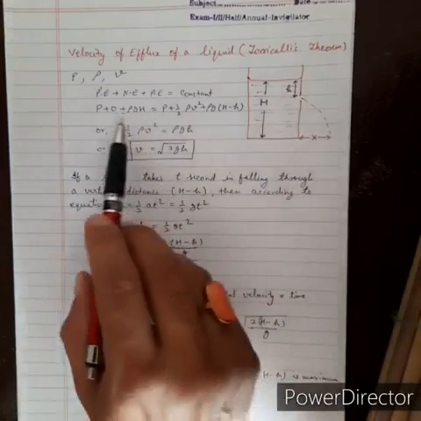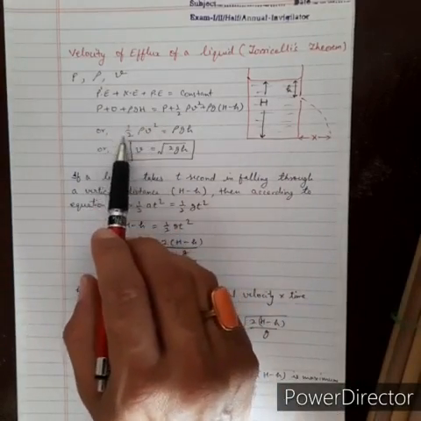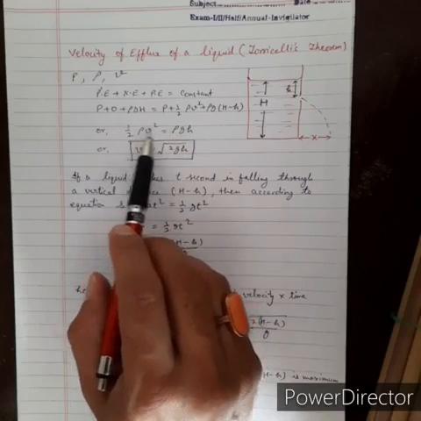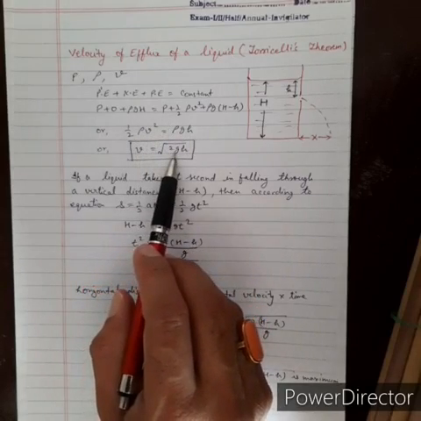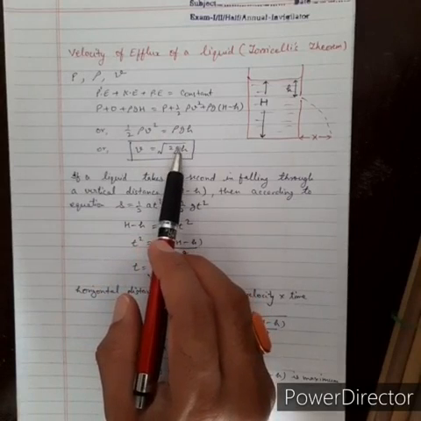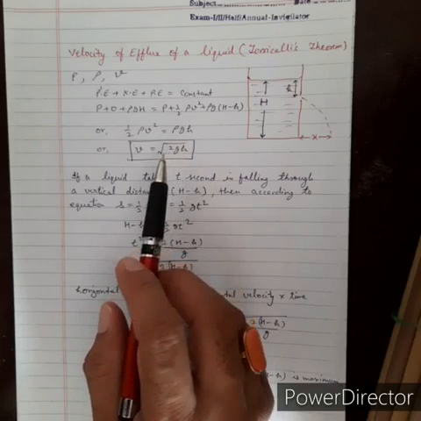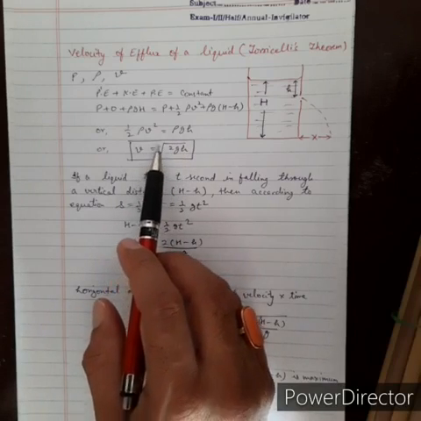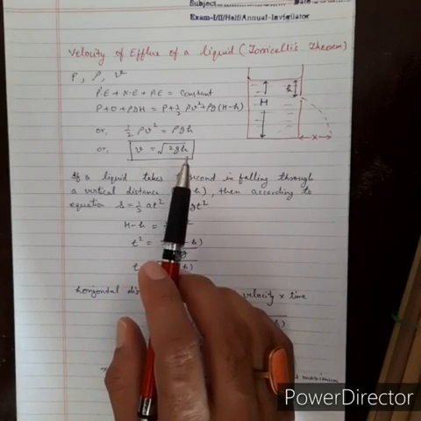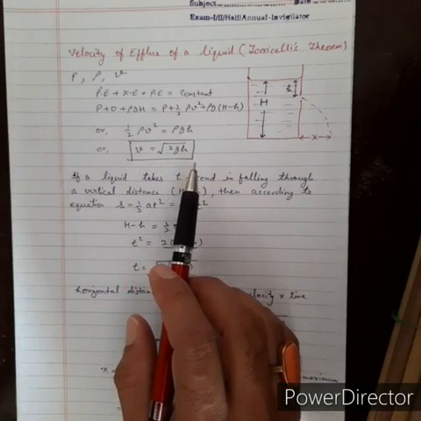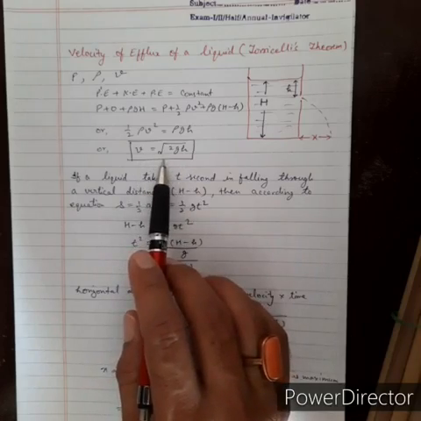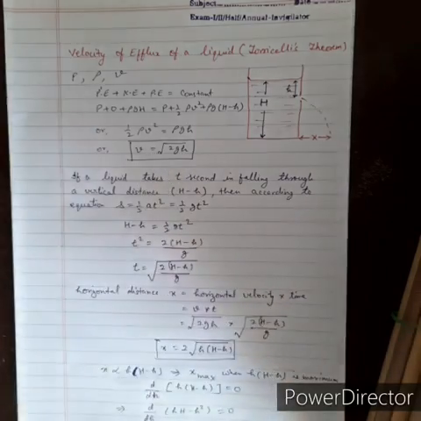Okay. So now P will be cancelled. So half rho V square is equal to rho g h. Rho also cancels. So V is coming under root 2 g h. If you see this, V is equal to under root 2 g h, and you just remember the laws of motion you told me: if a body is dropped from a height h, the initial velocity is 0, and the same equation you will get, V is equal to under root 2 g h.